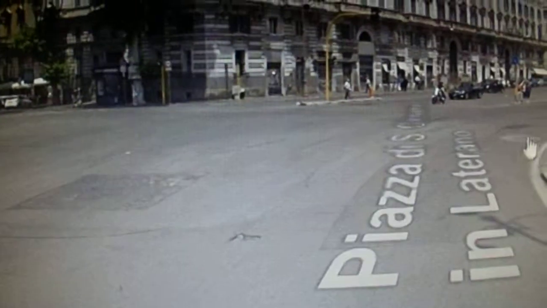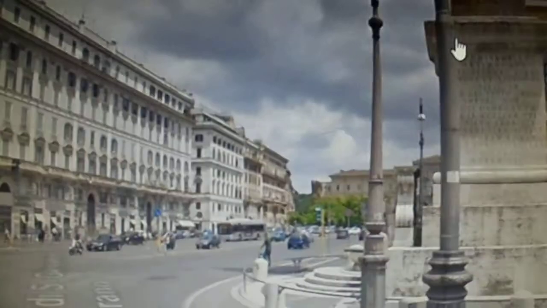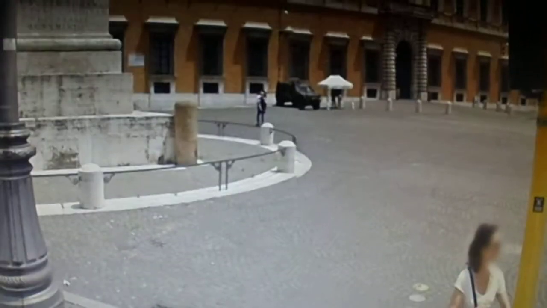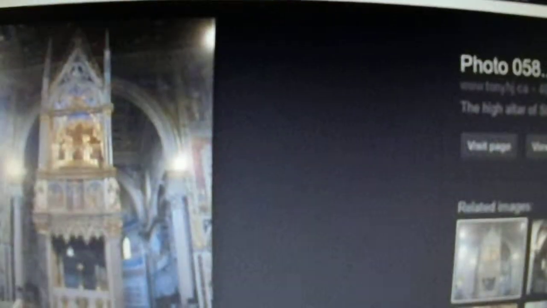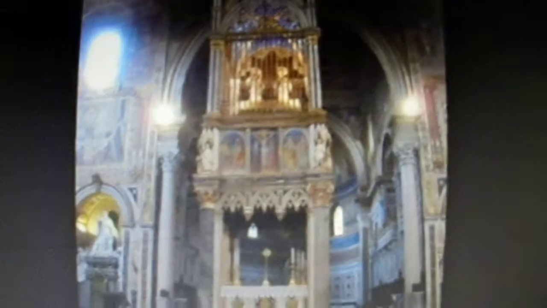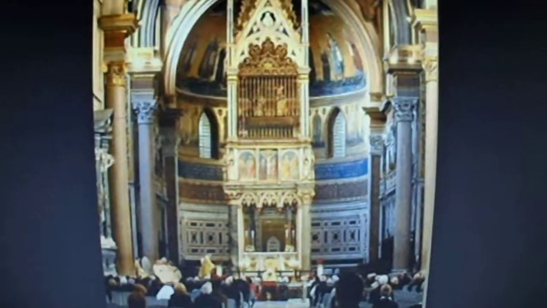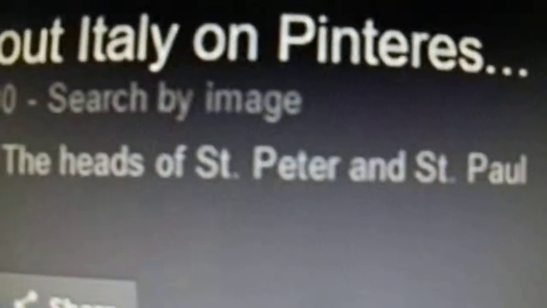Rome, now we look at it. That's it. Here you have this Thutmose's obelisk, and that's the Lateran, the place, and here are several churches and stuff, and we're going to look inside because I want to make a point about the Roman churches. Here, up here, are the heads of 2 dead people within these statues, and that's the main altar. And in front of this main altar you have someone buried. Here you see it again. Here it says the heads of Saint Peter and Paul are in there. And here you have a list which goes, and that one is buried in